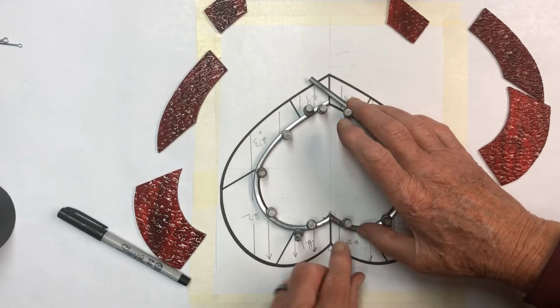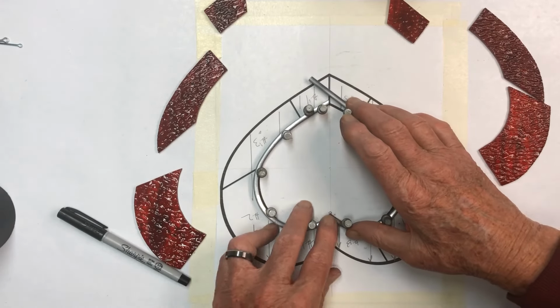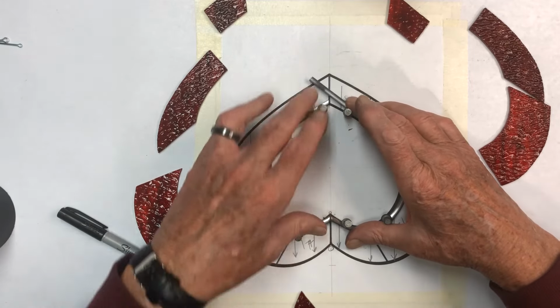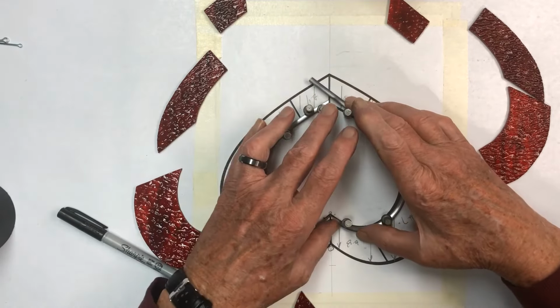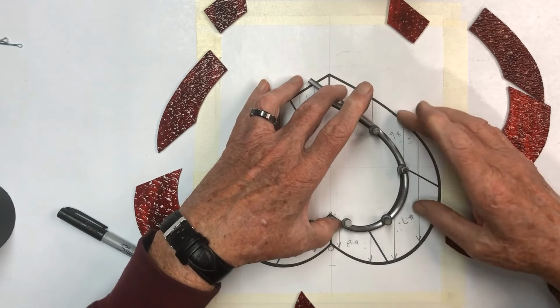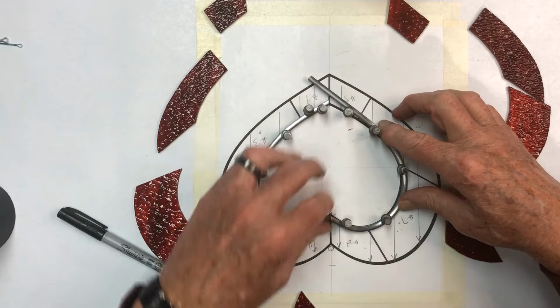All right, so that looks good here. This looks good right here. So you want these two to come together and make a 45 right here. So that's good. Now the next trick right here is that we want to make these two here come together down here. So what I'm going to recommend that you do is